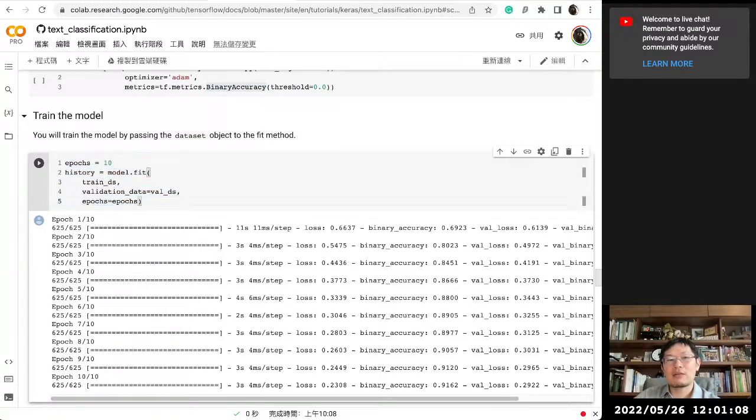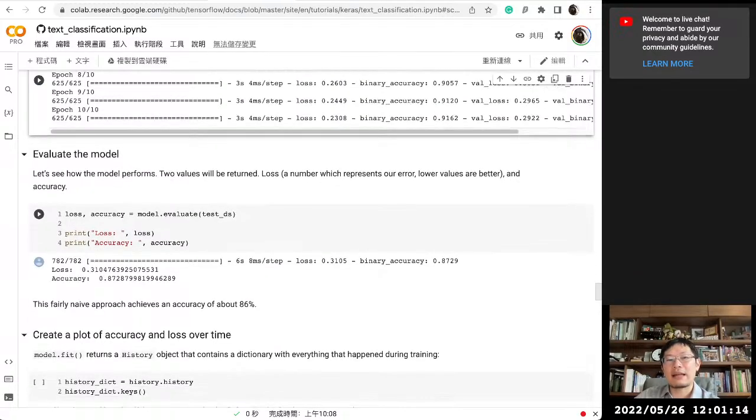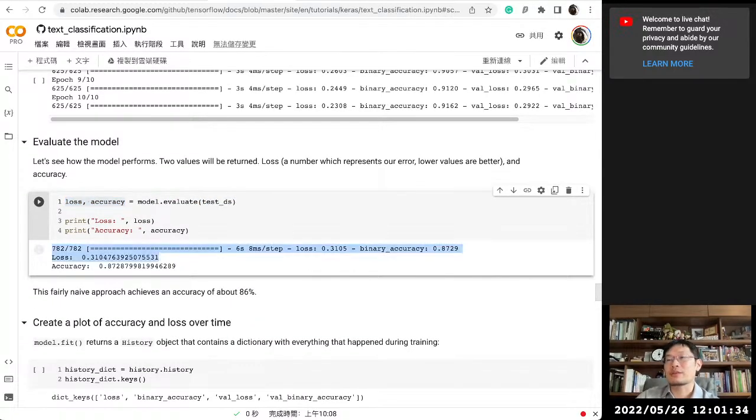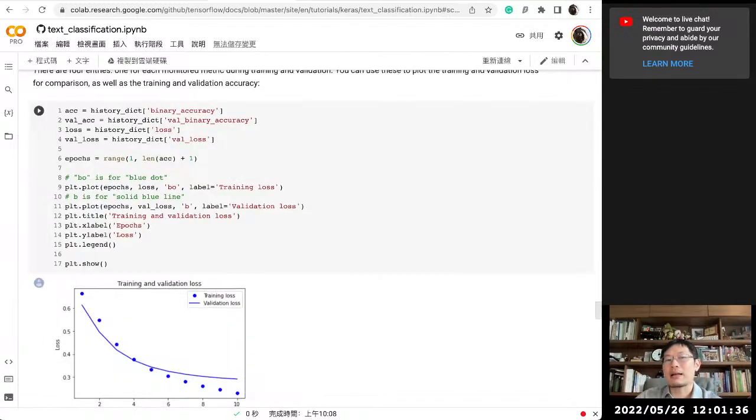You have training data, you have validation data, you have epochs 10. So just run. At the end, we can evaluate the model using the test DS. You don't have to specify how many Ys or how many different labels. As long as you create the test DS as a TFDS and simply feed it into your model, the result will be like this. And then here is the result, just like that. And we can plot